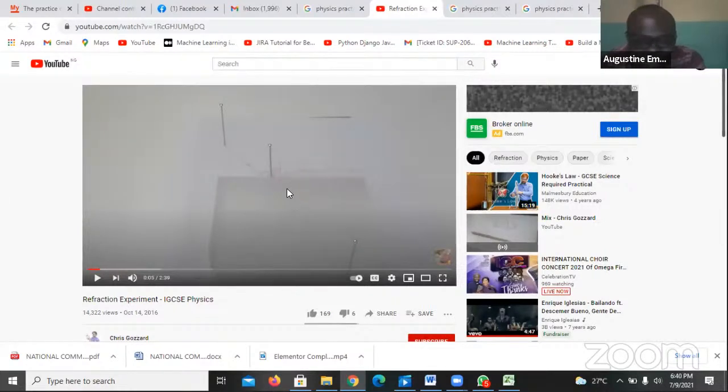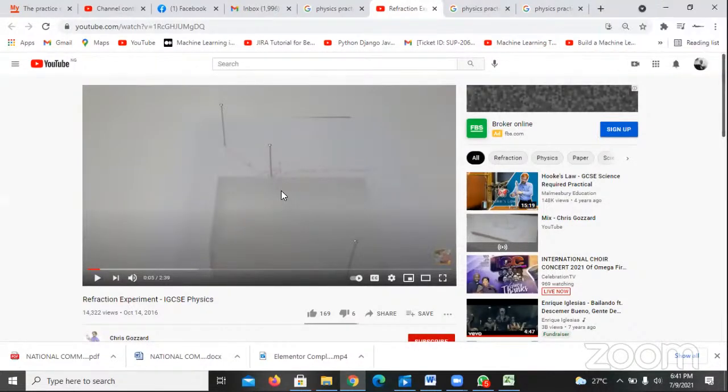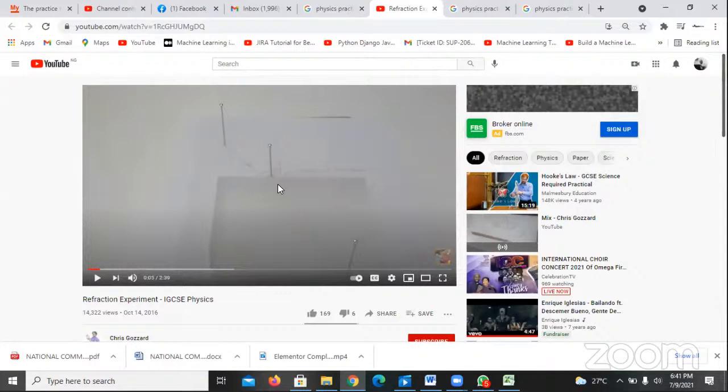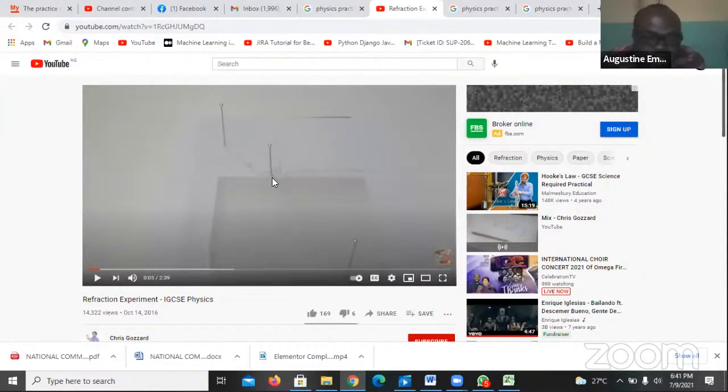Chika, can you see this? Chika, can you see my screen? Yes, I can see. Because this is exactly the one I did. Like I placed the prism here, then I now draw. You'll be allowed to draw this line by yourself because you'll be given the angle. So once you draw this line, the horizontal of this, you can know where you place this prism. Then you use your compass and draw the angle that is given to you.